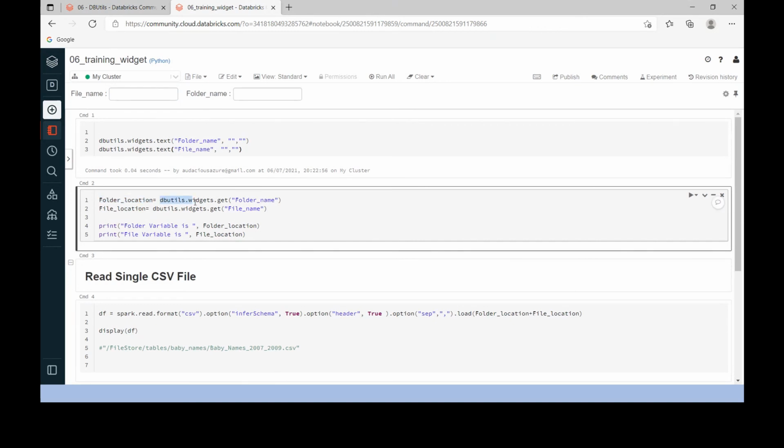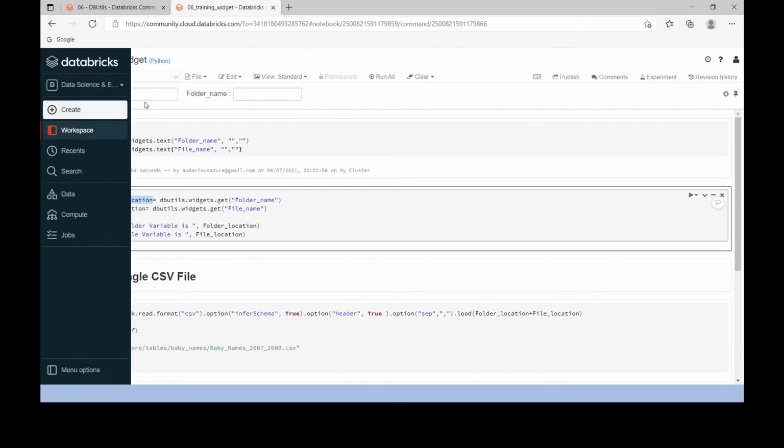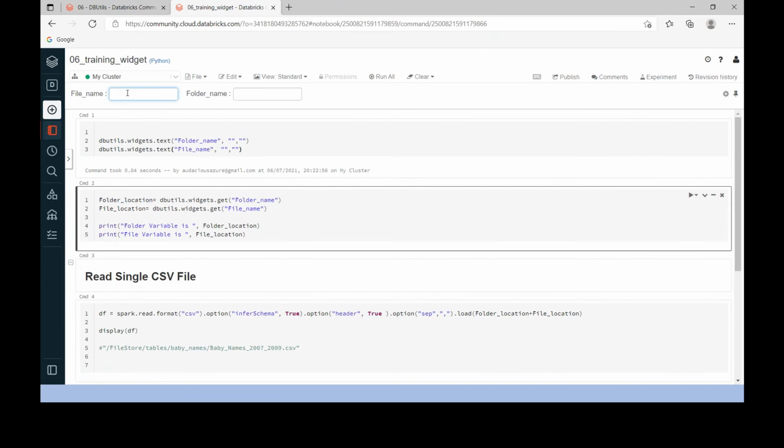In this case, we have to use the command dbutils.widgets.get, and then we need to mention the widget name. Here we have already created two, folder name and file name. I'm giving that as input, retrieving the value and storing it in a variable, file location. If I print the value, then whatever value got passed by another notebook would be displayed here.